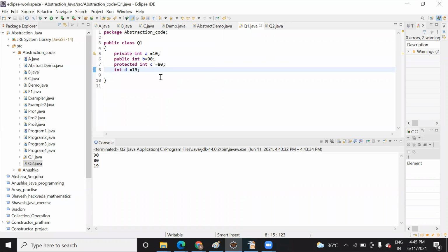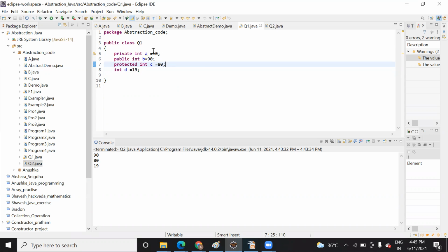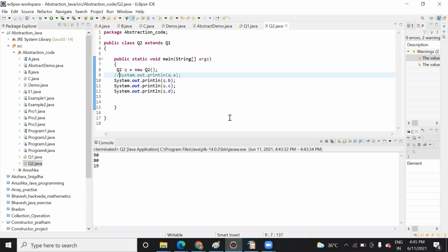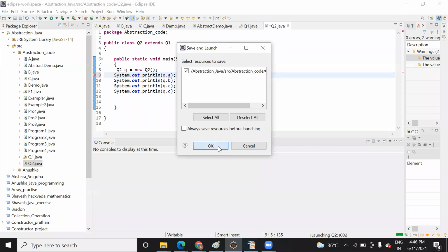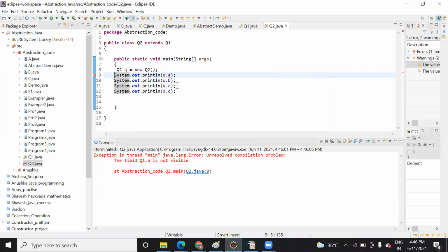So when we run this program, we come to know that when we have declared this as private, then it is not visible in the child class, right? As I remove the comment, you can see it is showing that it is not visible in the child class, and the rest are running successfully. Only for the first one it is showing not visible in the child class.